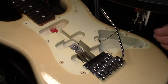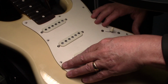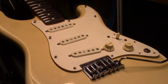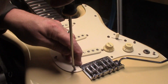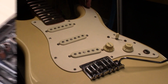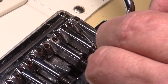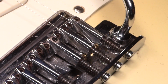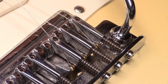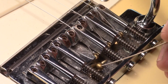Okay, so now we can just tuck those Bare Knuckles pickups back into place. Bringing you in real close here to show you how you feed these strings in. The bottom end goes in first, and then you're up and over. Here's our third string, same thing, poke it in bottom end first, and then flip it up. Our fourth string,